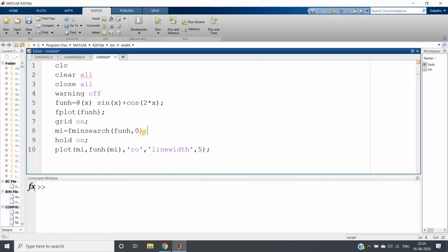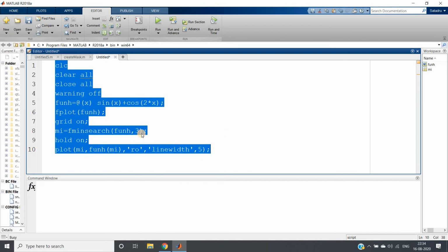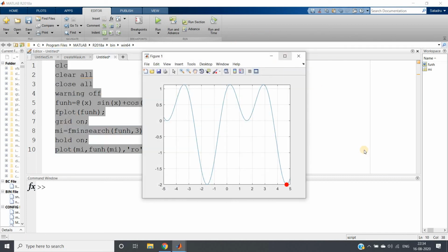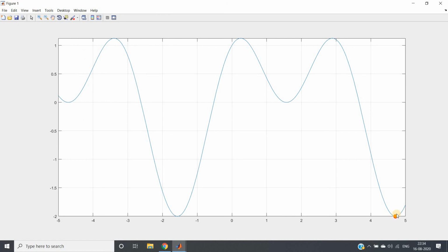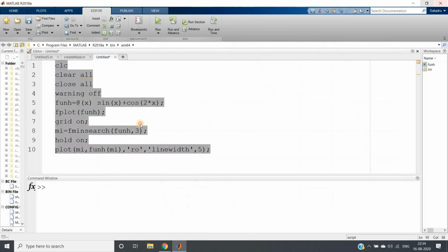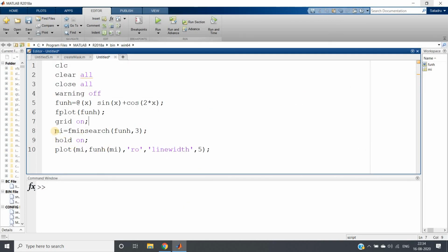Okay, let us check. So I'll simply write 3 here, and I will run the whole code, and here how beautifully it detects this point. Okay, so this is the power of fminsearch, using which you can find the minima corresponding to a nearest point. There are lots of other options, like here instead of finding like this, I can do like this,